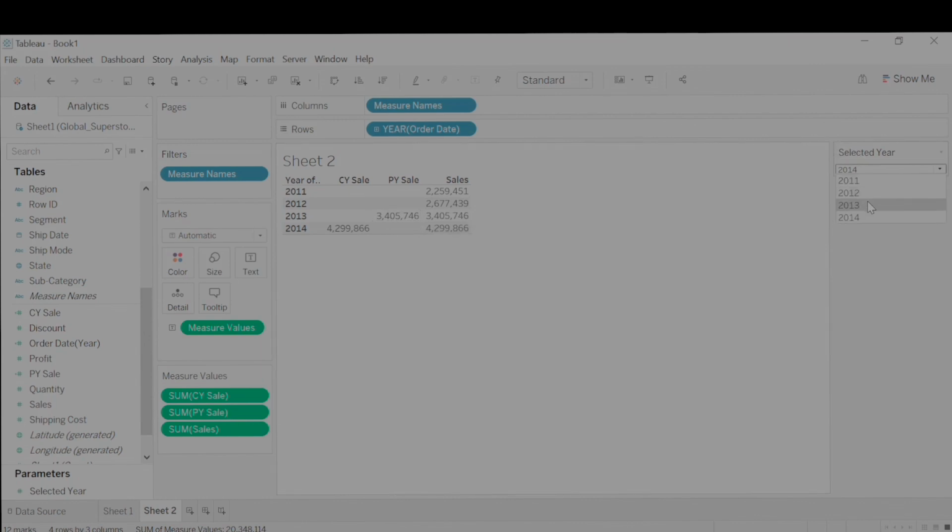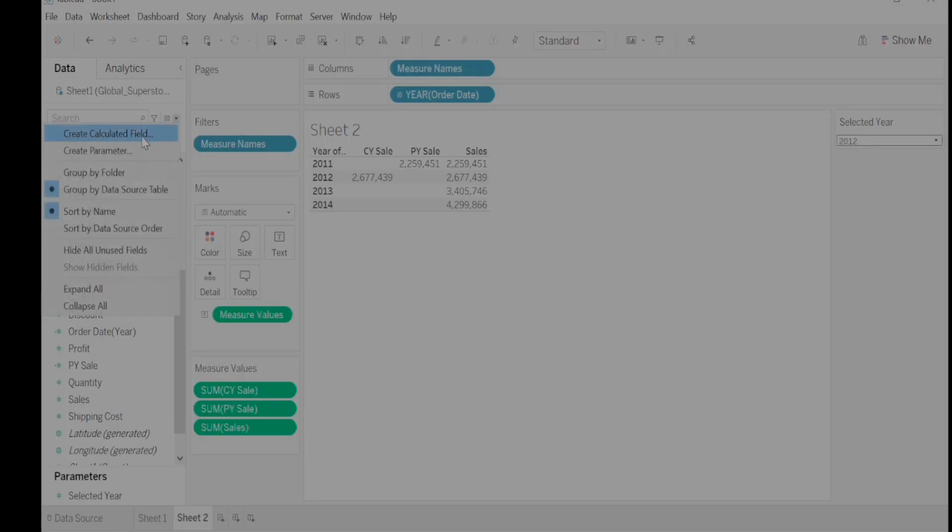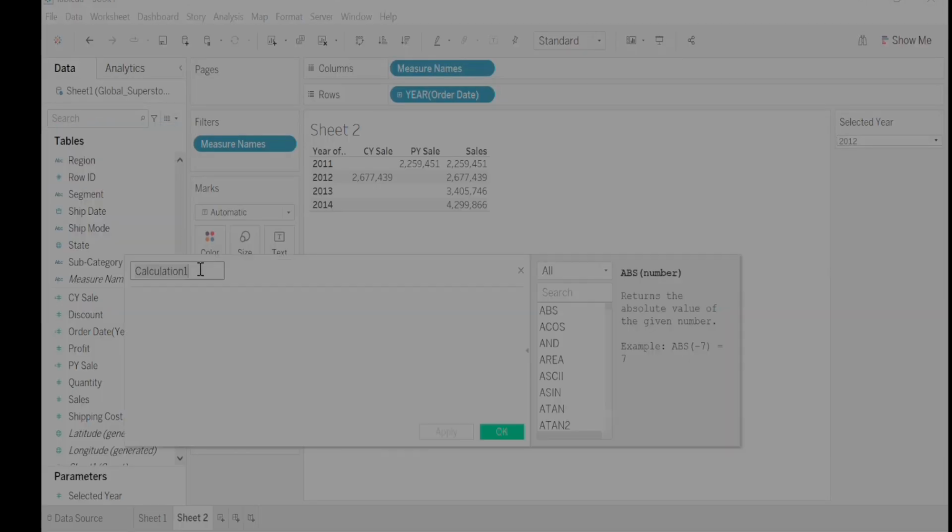And then the same thing applies to other years. Like now we have 2012 as a current year, and then the previous year is 2011. If you look at the mockup dashboard, the other information that we had in our very top line graph is the difference of total sales from our current year to the previous year. So to calculate that, we need to have another calculated field, and we can name it